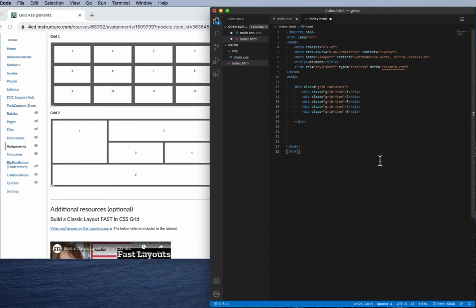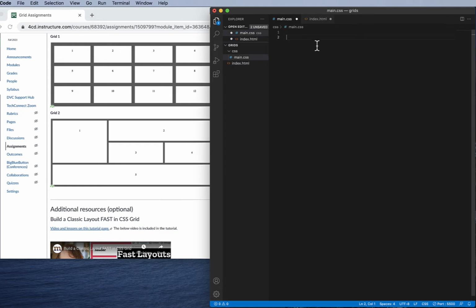All of these 5 items have some things in common. They have the same background color, they have the same padding. So that's why I'm going to start with the class and with styling a selector that has the same rules. Okay, over here,